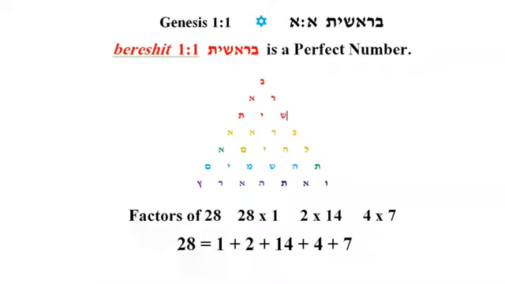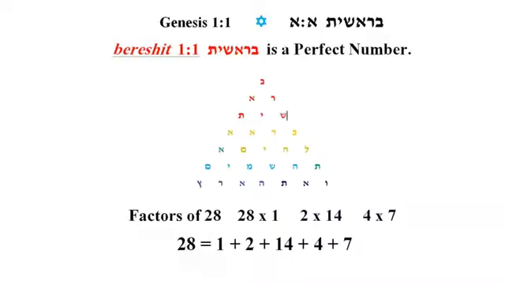And 28 is also a perfect number. If you write down the factors of 28, now remember, he used the first word, a perfect number for that. Now this is the first verse. The whole first verse not requires, it deserves to be a perfect number, 28. 28 is 28 times 1, 2 times 14, 4 times 7. If you add those factors together, eliminating not the 28 of course,